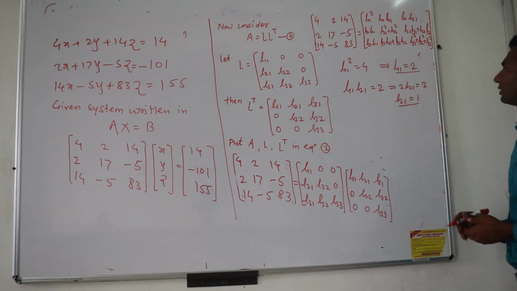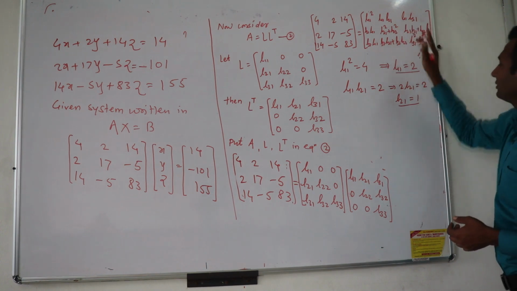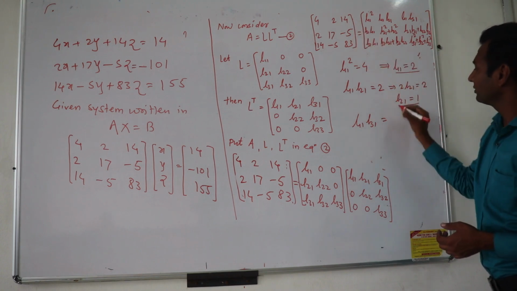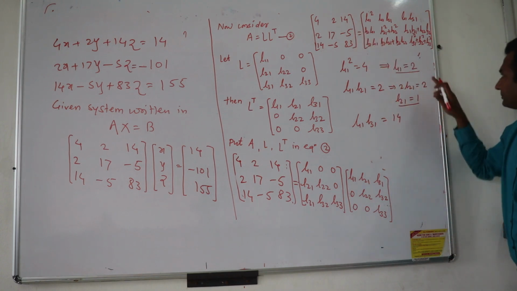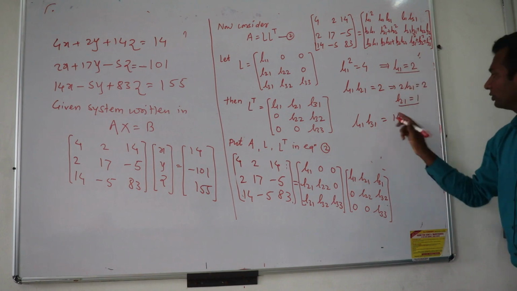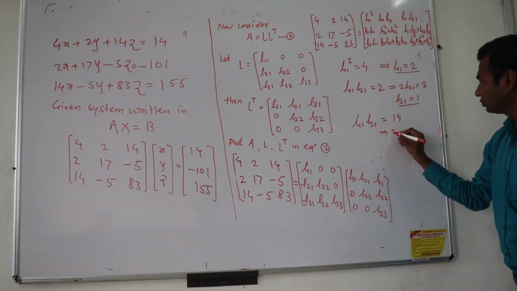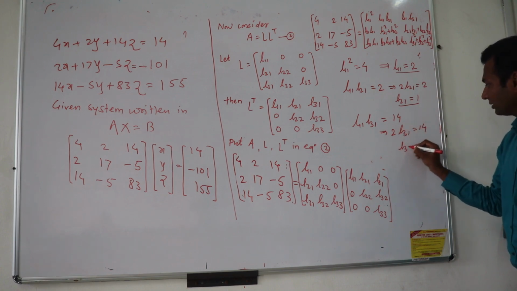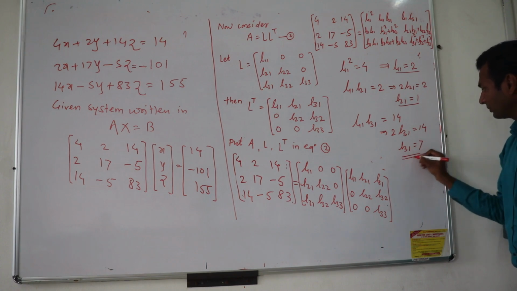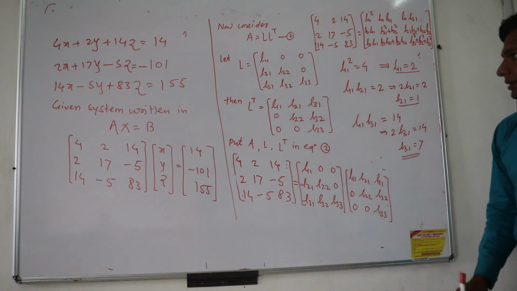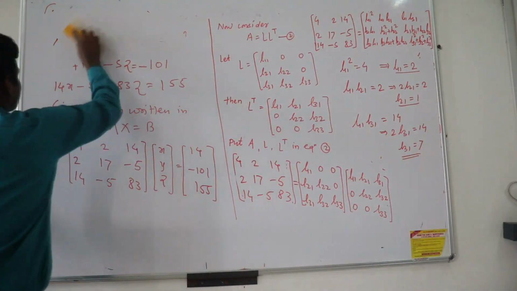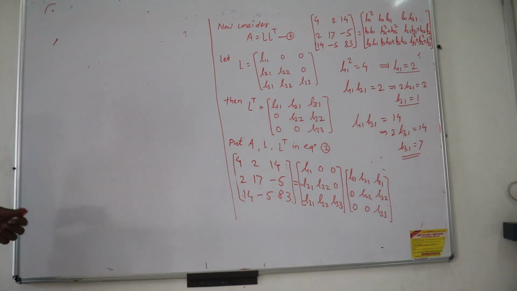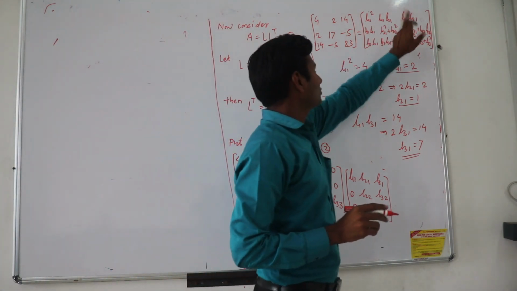First is the L11 value. Now the third element is here. L11, L31 is equal to the third element, which is 40. Again L11 is 2, so put L11 as 2, 2 L31 is equal to 40, so we get L31 is equal to 7. Now we get the third element. Now the remaining 3, so I write here now. This first row is completed.